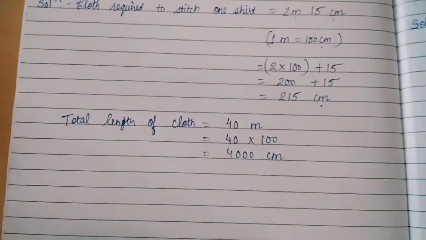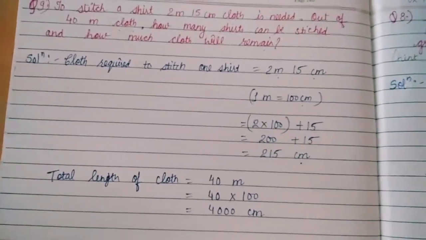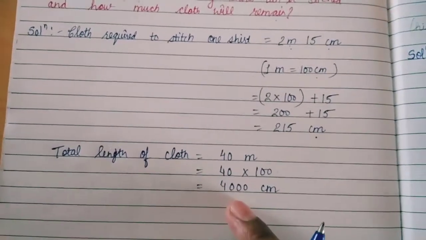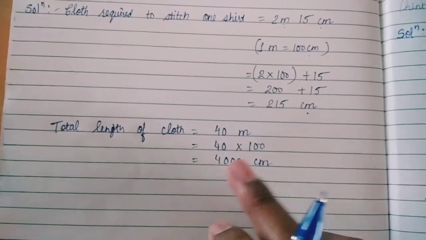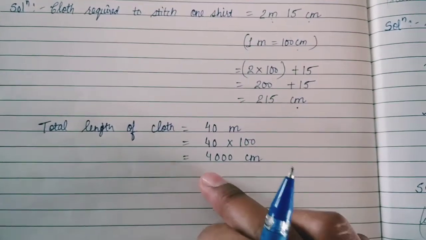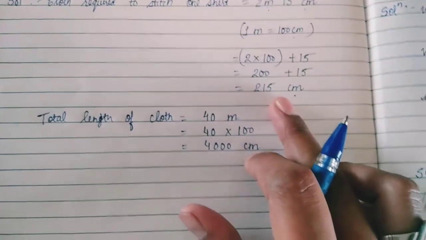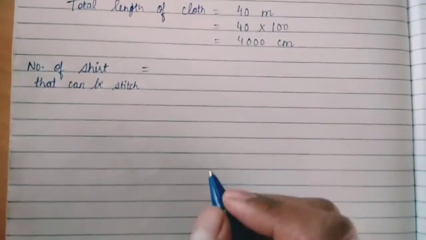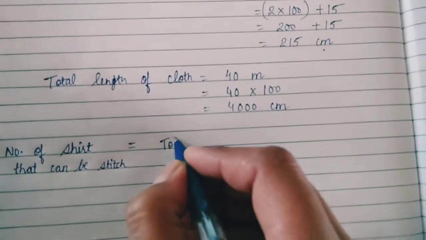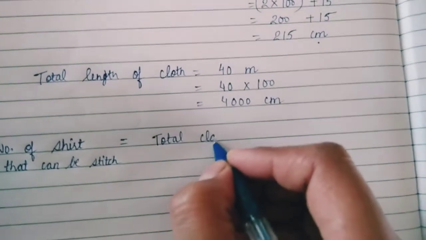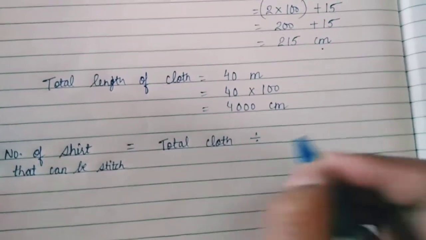Now we can easily identify the number of shirts stitched from the total cloth by dividing 4000 by 215, so the number of shirts that can be stitched is equal to the total cloth divided by